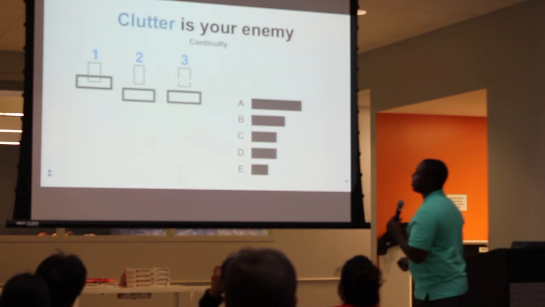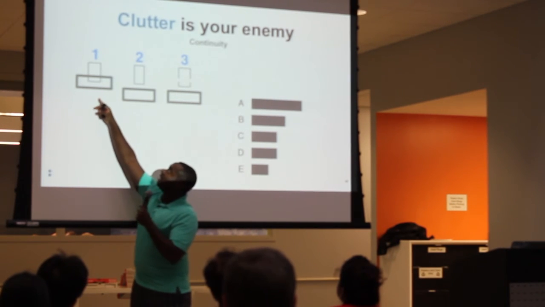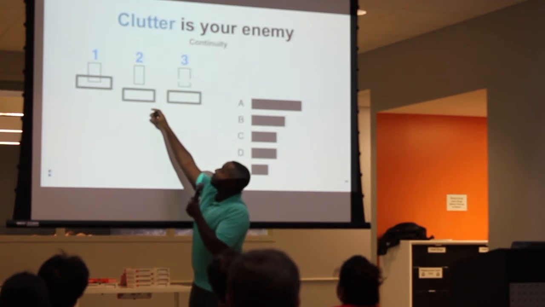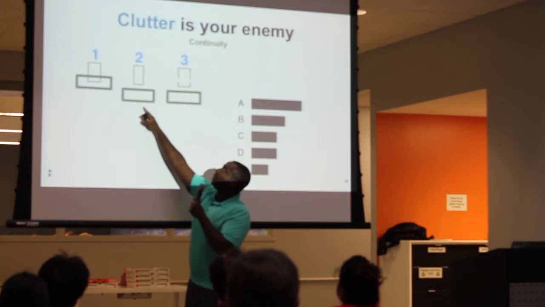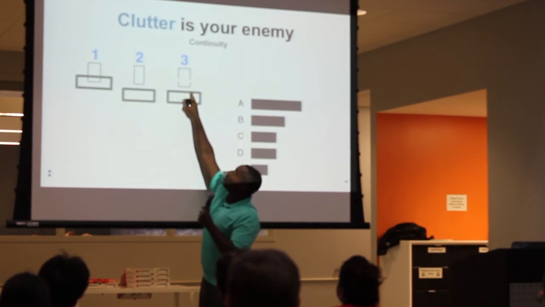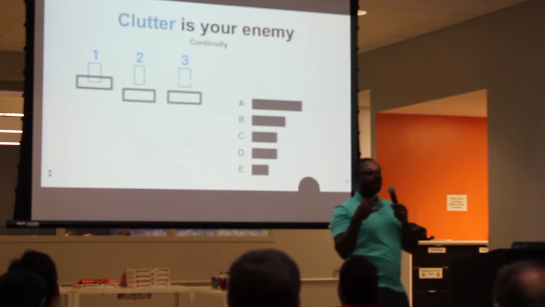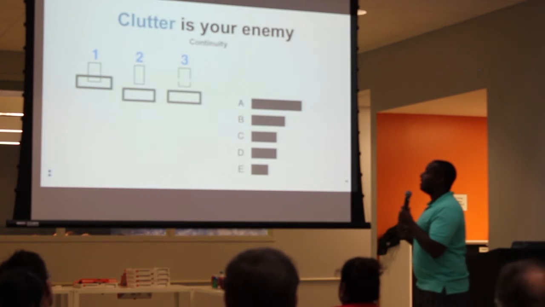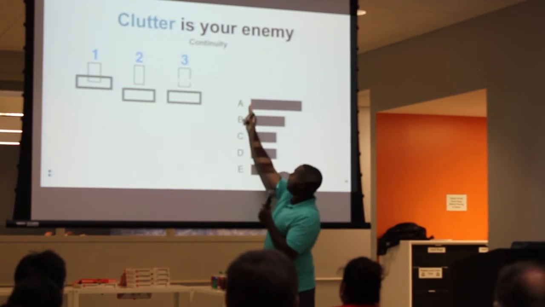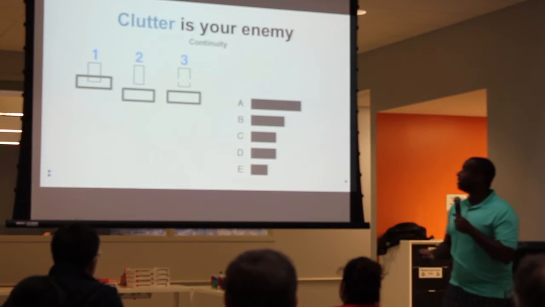Continuity. So this is an interesting example. So this is the first picture. When you see this, you kind of assume that if we pull these 2 apart, it would look like this. Where you assume that they kind of overlap. You wouldn't really assume that there's a gap, right? And so our minds naturally think like that. And in continuity, even though there's no axis right here, you kind of know that there is an axis. It's just invisible. And so that can remove clutter.